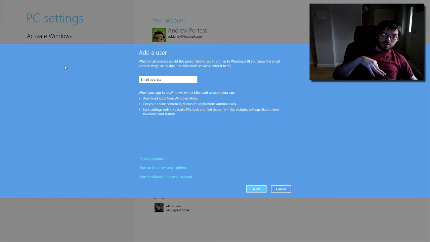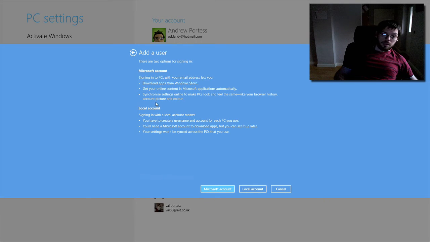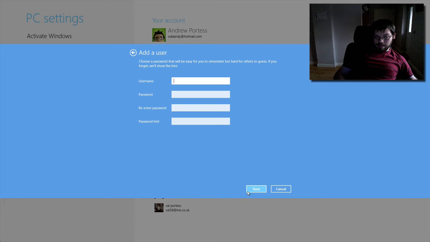For those people that don't like the idea of cloud computing or the modern way that Windows 8 does user accounts, you'll see here you can say sign in without a Microsoft account, and it will compare the two. Like I said, it will not sync settings if you go with what they call a local account. But if we click local account here to confirm that's what we want,